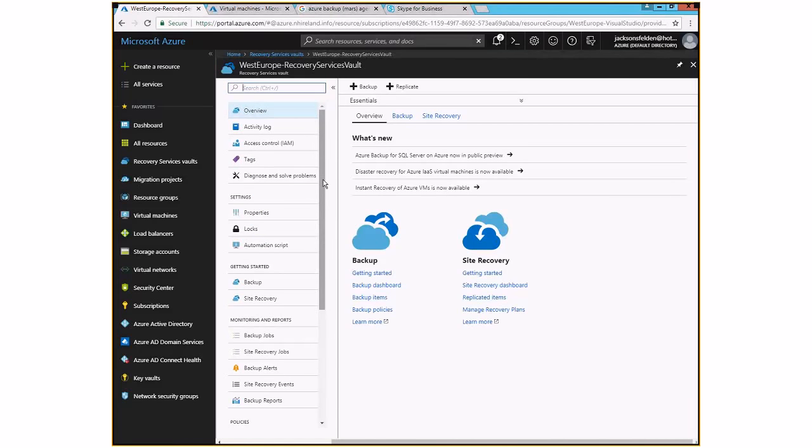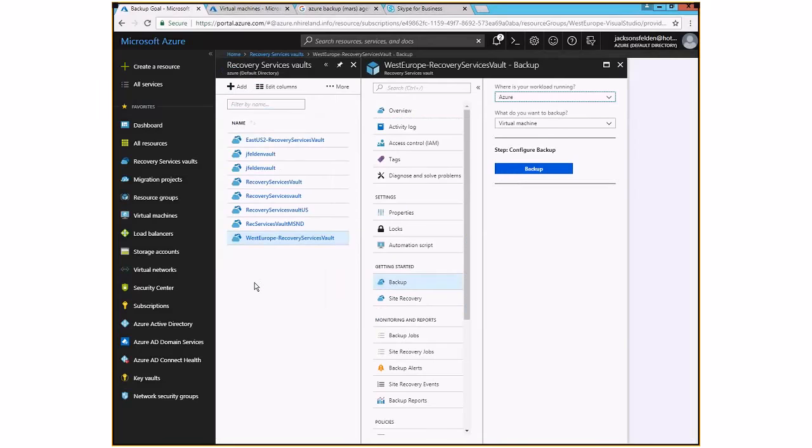And then, guys, the starting point here, I wouldn't say the most important place, but the starting point, is if you click here on Getting Started, Backups. The first decision is to decide from where I want to take my backups. As you can see, I have two options. The first one is I could select Azure, and then from my resources on Azure, which one I want to back up.